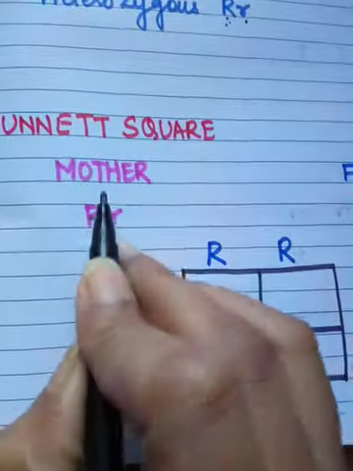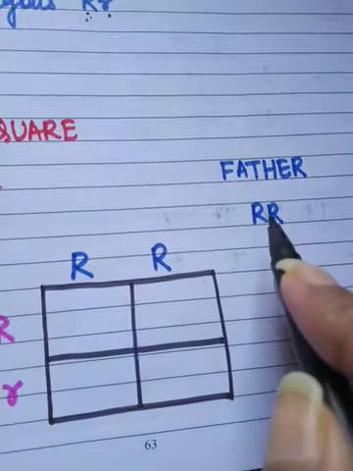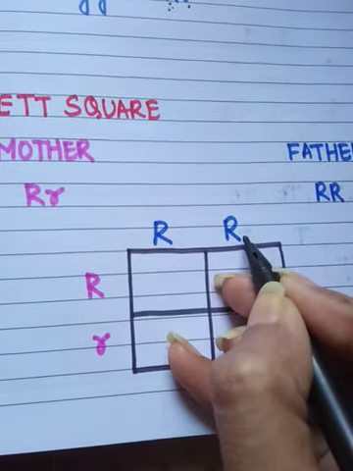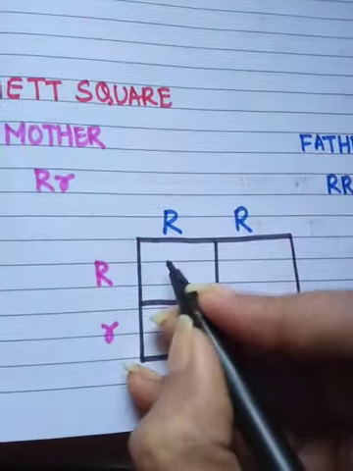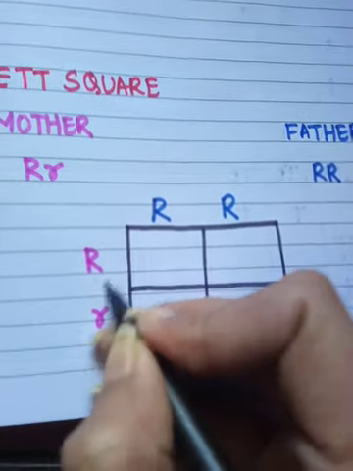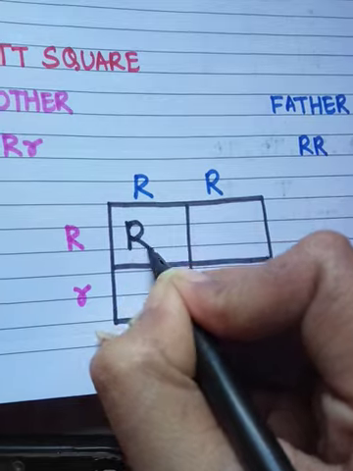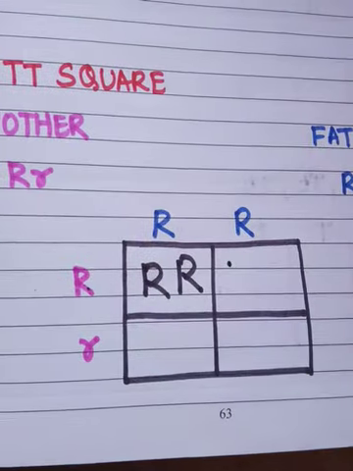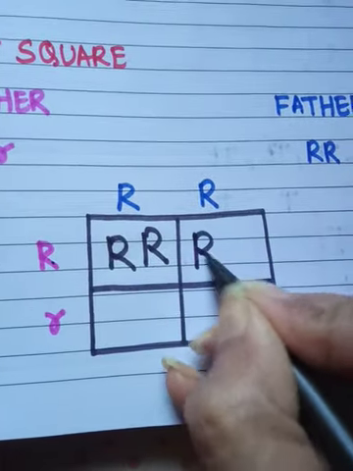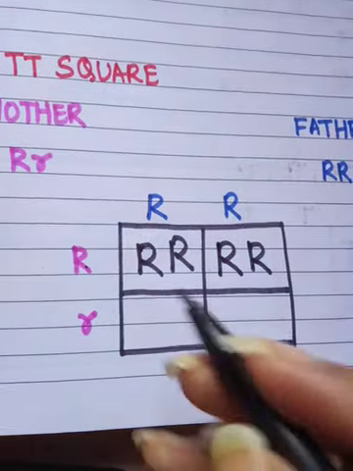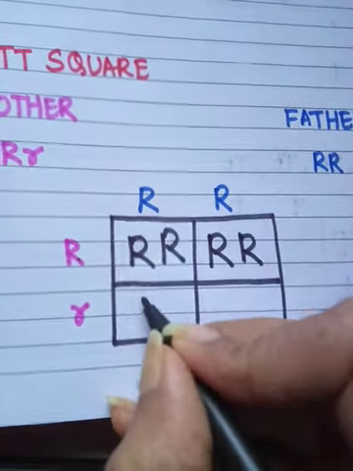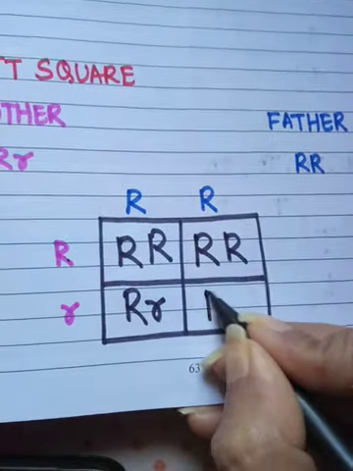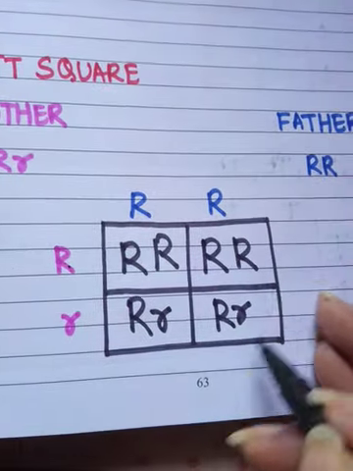You can see over here, the mother is heterozygous while the father is homozygous dominant. Now, we have placed the father one over here and the mother one over here. Now, let us see the possible combinations. We will just multiply and we'll see. The possible combination is RR. The next one, from this one and this one, that is also dominant. Next, this one with this one will give this. Again, this one with that one. So the possible combinations are this.